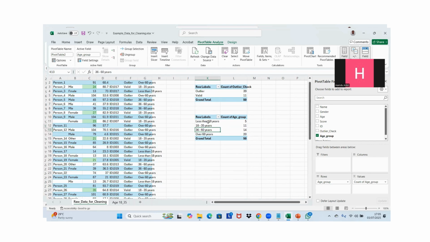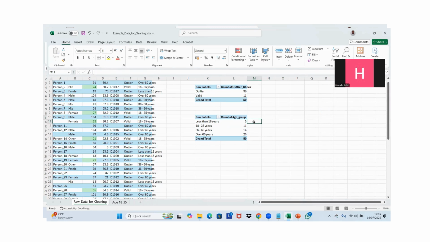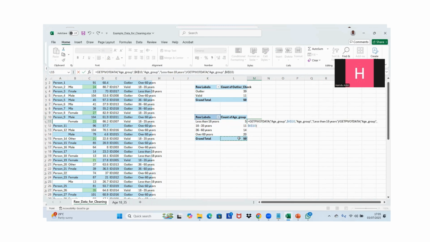Now it's organized nicely. Less than 18, 18 to 35, 36 to 60. Because automatically they usually use the alphabetical order. But now we order it nicely. So now, if I want to see the percentage, then I will just put equals this 5 divided by whatever the end there, and now this is interesting. I would have to put a dollar sign just before this so that I can just drag, because the dollar sign makes sure that when you're dragging your formula downwards, it does not